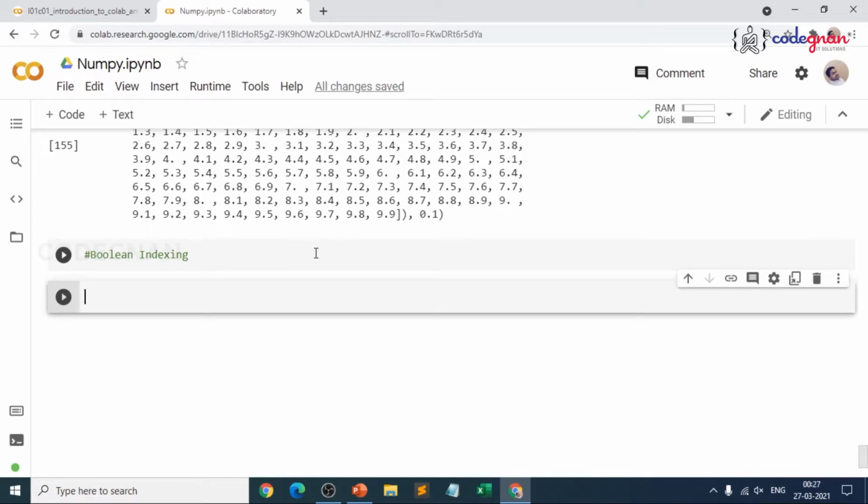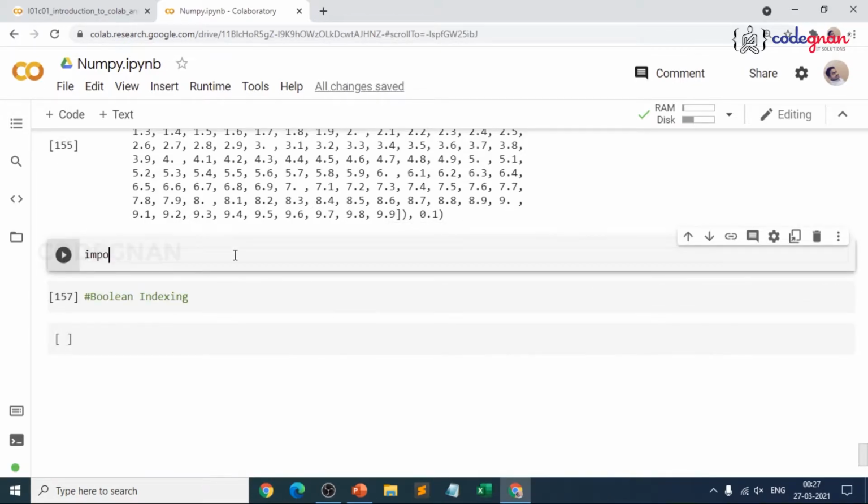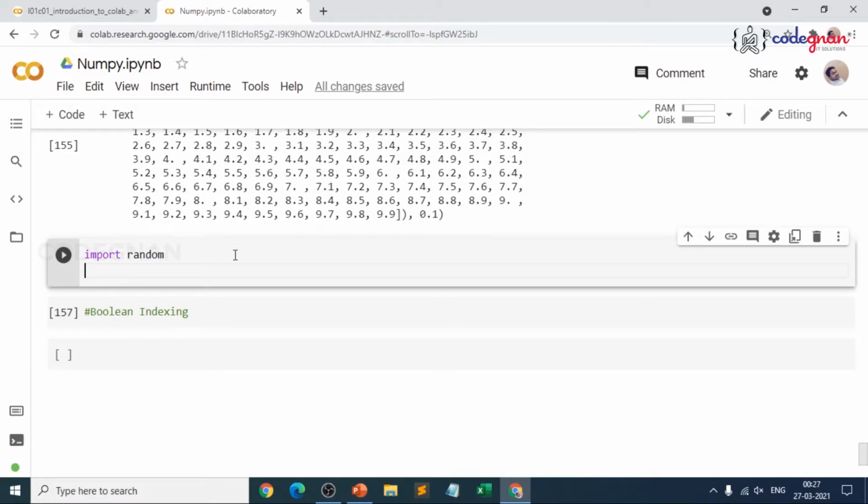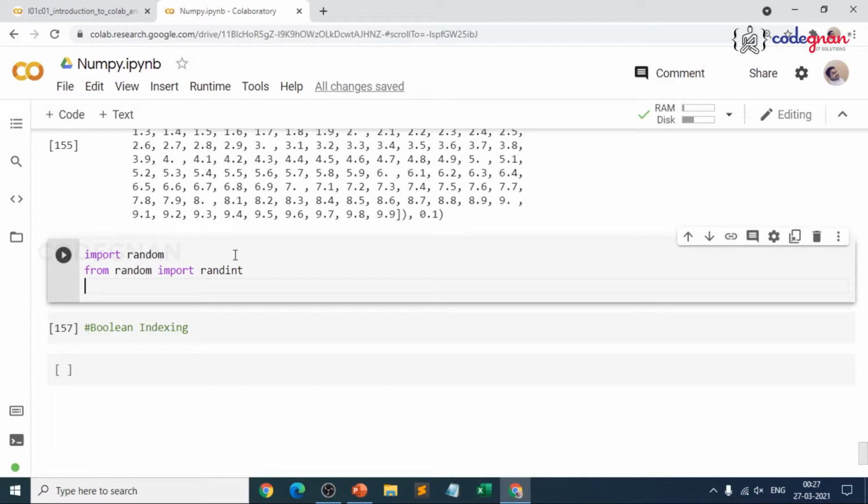Yes, we also have a random function in NumPy, similar to the random module in Python. When you go for the random module, we can generate some random data like this. Let me throw some light on it. When you import random, it can be used for something like generating OTPs. Random module is very widely used. If you want only specific integer values, we can take from random, import randint, and use it like this.